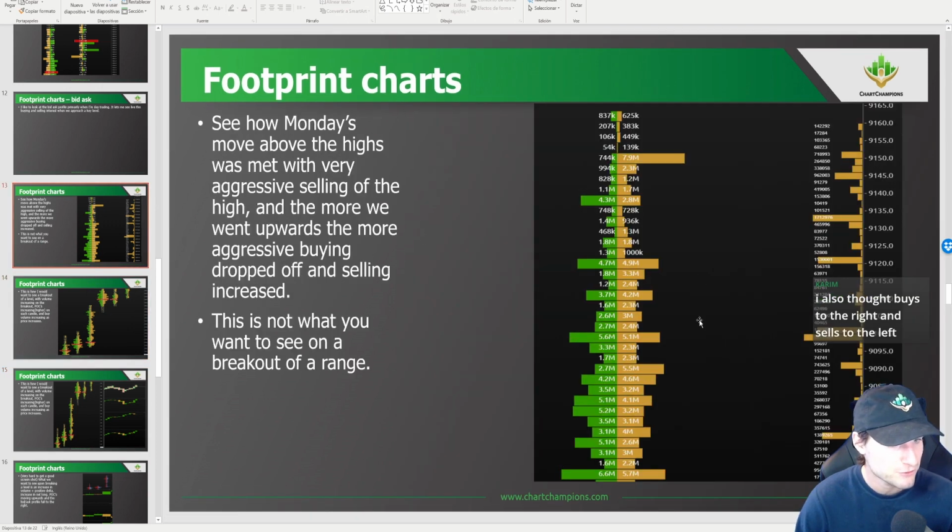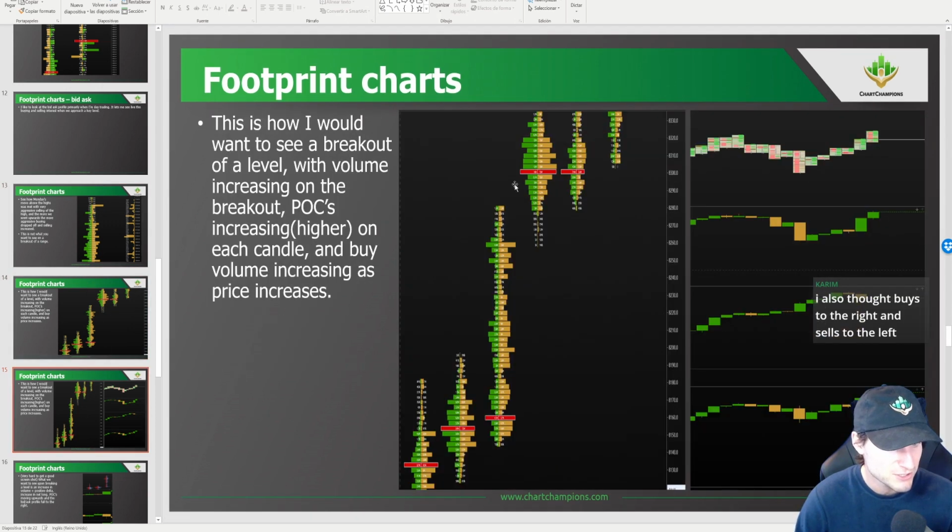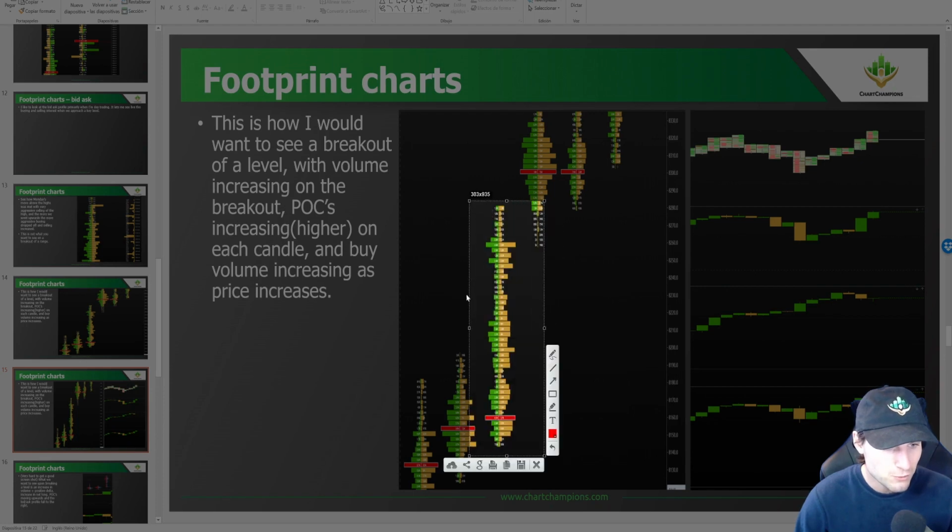Okay, so you see the difference between this, which is not acceptance, and here, where we're starting at the low and then building up on price, and there's a lot of people interested in buying. Again, not so much at the high of the wick, but you obviously auction back down to a high volume area, and then this is where the breakout occurs on this candle. And then you can see here, this is the breakout candle, let's say, and the volume is obviously slightly decreased, but